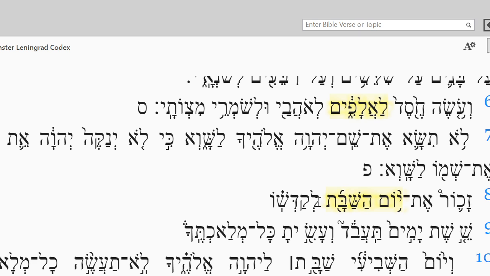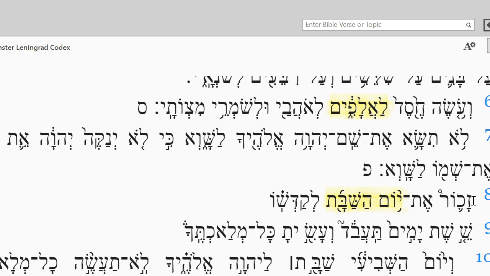So here you see another example of a prefix, la, meaning to. Kadash, as a verb, means to be holy, to sanctify, to separate. In this case, it is being translated as hallowed. And then we have the suffix vo, which we'll cover in our suffixes lesson. This suffix vo means it. It can be translated as he, and it can also be translated as it. So l'kadsho, meaning to hallow it.